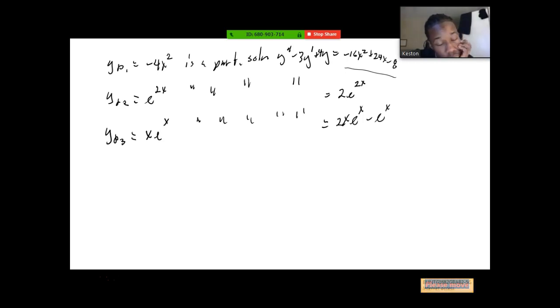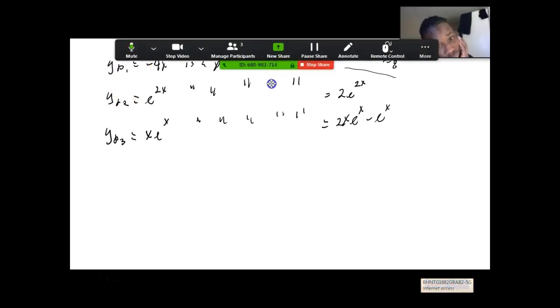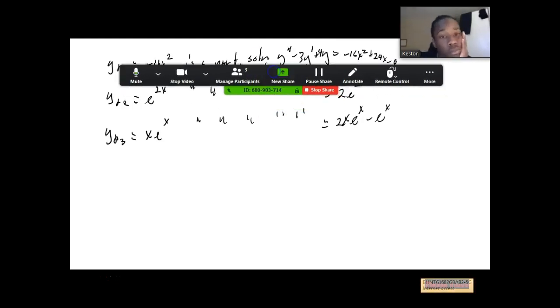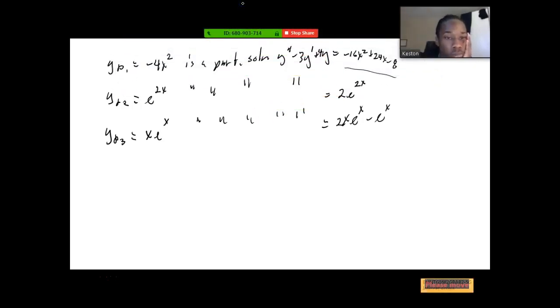Now, if that's indeed true, that these are all solutions to the same, whoa, goodness gracious, I didn't know I did that. Okay, it's out of sight and out of mind. This same thing here, this left-hand side is the same, for some reason my pen's not writing. So the left-hand side is the same on all three of these, and yet we have separate particular solutions for this. So the superposition principle says that then